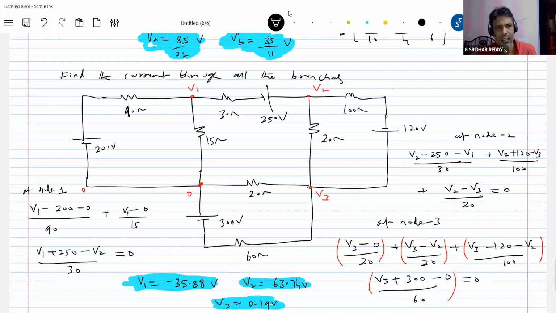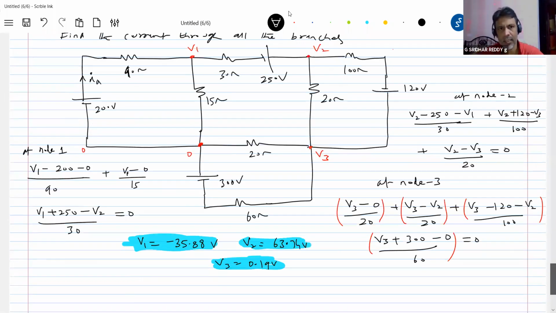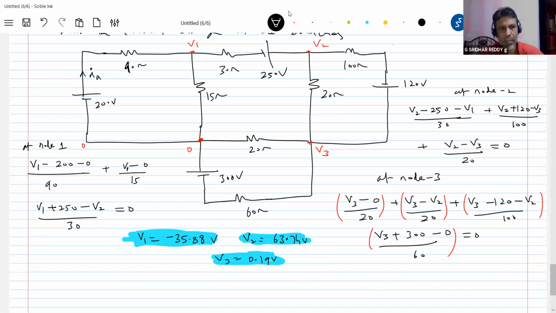So we'll start like this. Let this be I1, IA, I'll call it. How to calculate that IA? We know the potential. This is 0 volt. This is V1. How to calculate the current? I'll show for one, because there's a major idea here: to calculate the current in all branches. I'll start with this one. The same current will flow here, no? Again, IA, the current in this branch.